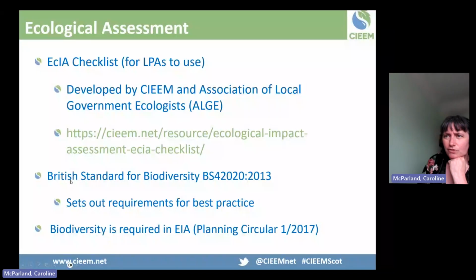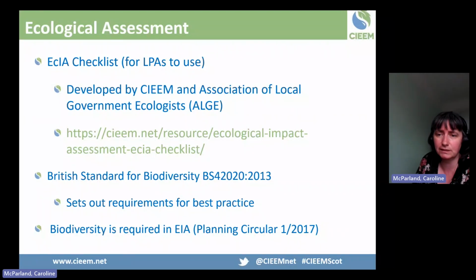There's also a British standard for biodiversity, which talks a bit more about best practice, and it also includes the need to engage suitably qualified ecologists as well. So it's not something that can be done by just anybody. It's got to be someone with the right training and experience. And you should see some statement in an ECIA around the experience and capabilities of the ecologists who've carried out